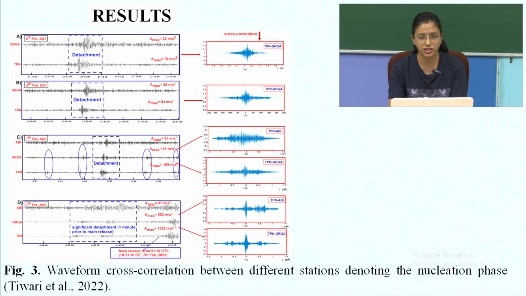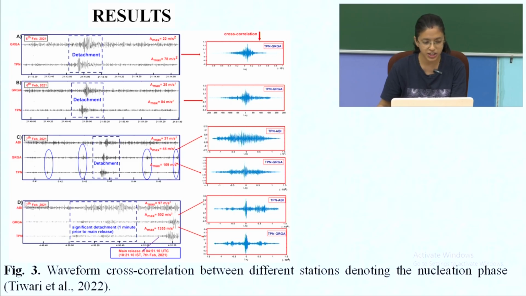Wadia Institute of Himalayan Geology, Dehradun, has deployed broadband stations in various parts of the Himalaya. For this particular study, we have used the nearest stations to the source zone, that is Tapovan Station, Garud Ganga Station and Adibadri Station. Using waveform cross correlation, we identified seismic signatures with similar sources and characteristics across stations from Tapovan, Garud Ganga and Adibadri. This strongly supports that the signal originated from crack growth in the wedge that failed. Continuous high-frequency tremors were active before the actual failure.